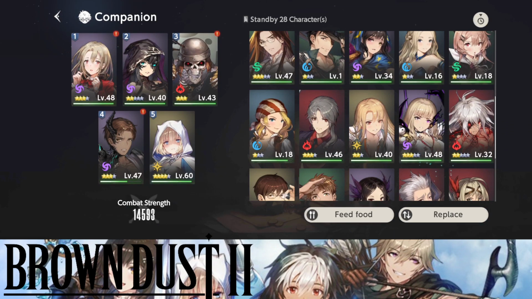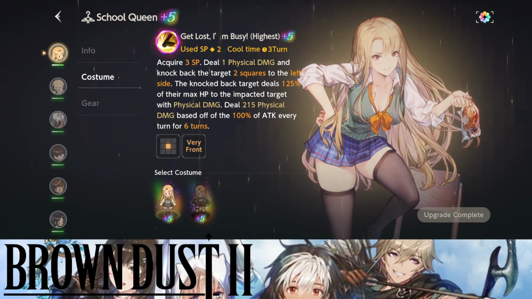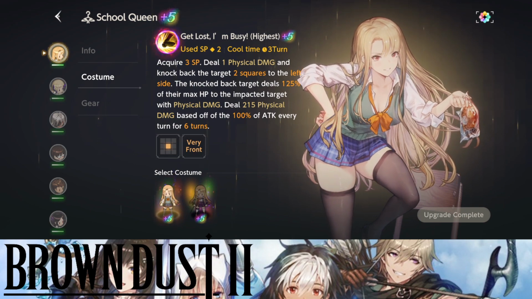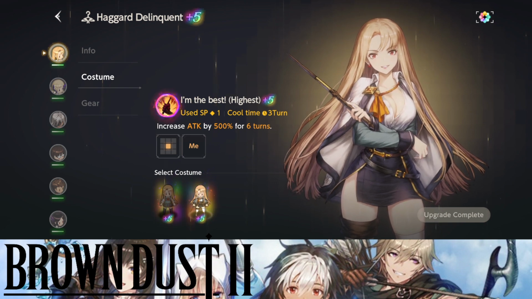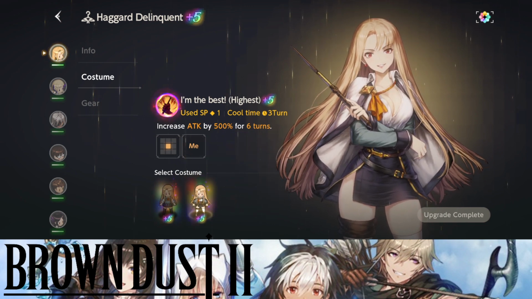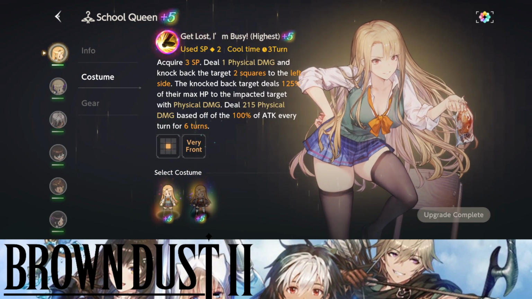If I remember correctly, Emma not only has knockback, she also has good amounts of damage, so I didn't really know where to put her in the tier list. But if I was not going to include this costume over here, sorry, the knockback one, she would be A tier for damage, just because you do need to prop this up, and once you prop this you get a 500% increase in attack, and then the next turn your normal damage is going to be absolutely insane. So this is actually very good, and then in addition she has the ability to do knockback as well,